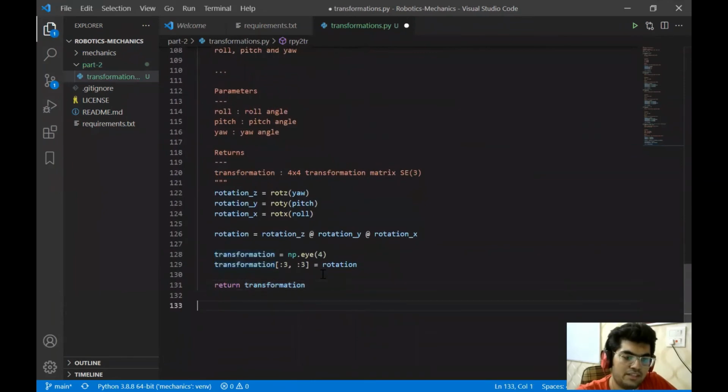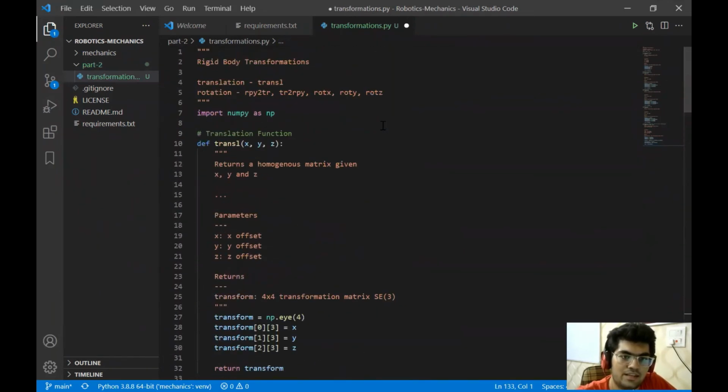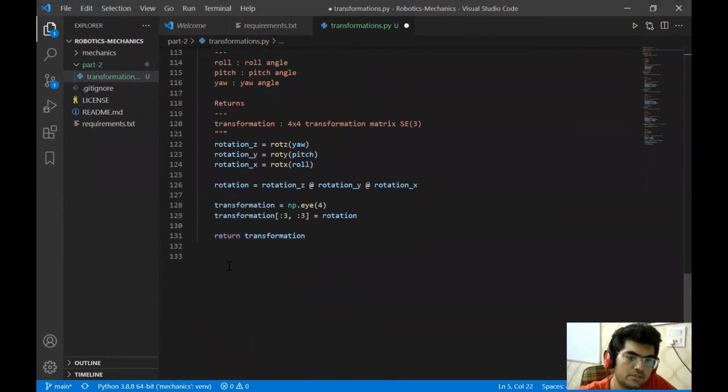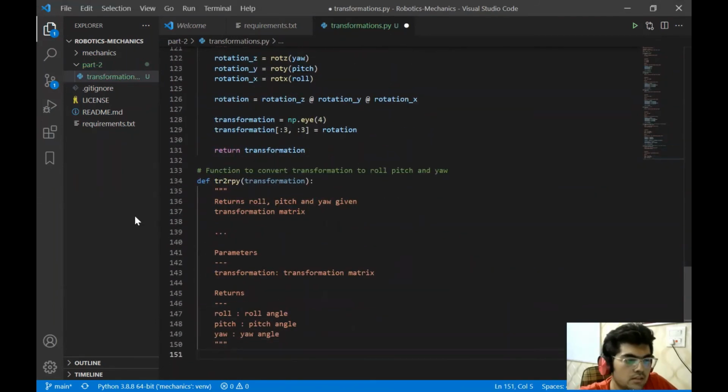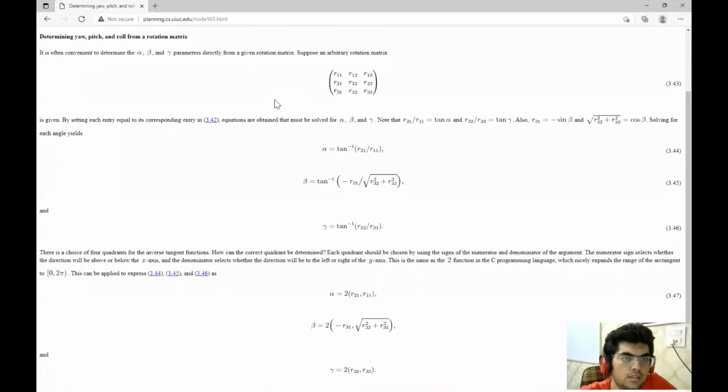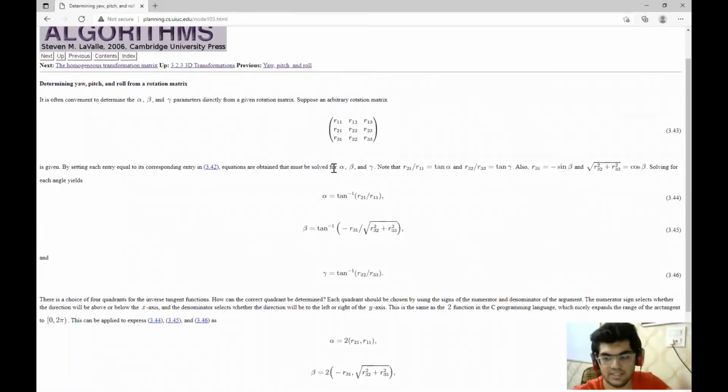Now we can define the next function. And I think this is the last function for us to implement in this video. That is transformation to RPY. So let's do that. The formula for this is, well, given a transformation matrix, we can easily derive the rotation matrix from it.